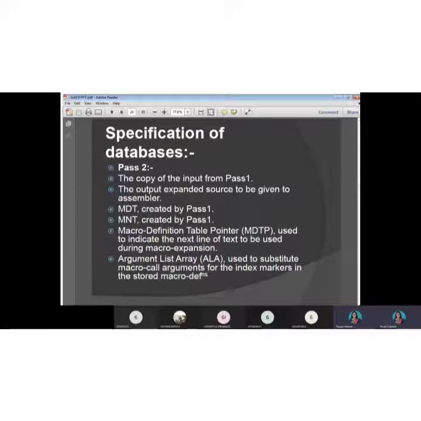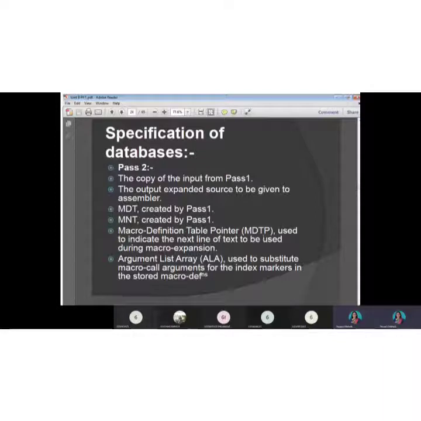That index is stored in the macro definition table pointer. So this pointer indicates the next line of the text to be used during macro expansion, right? So I hope you are understanding all the databases.